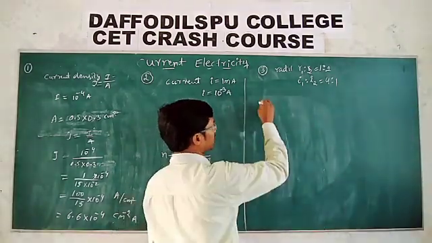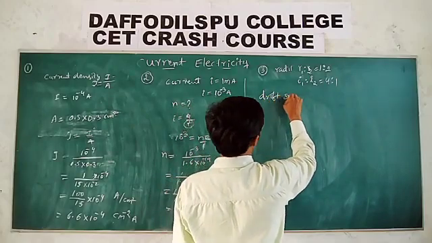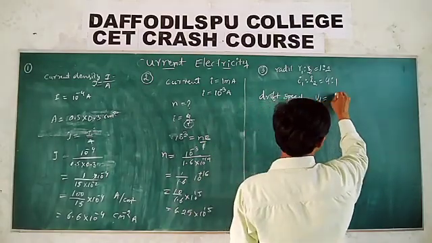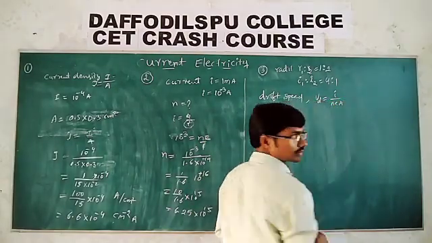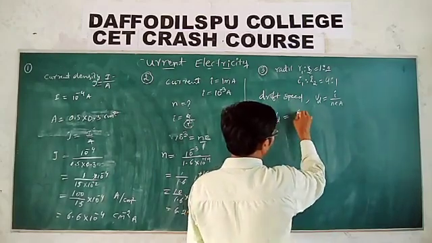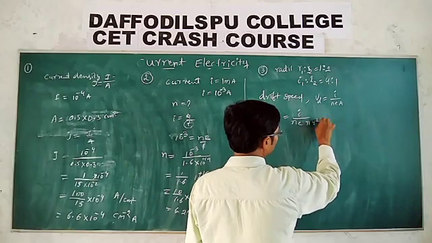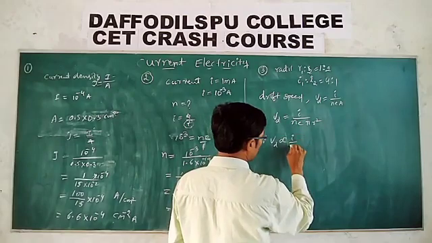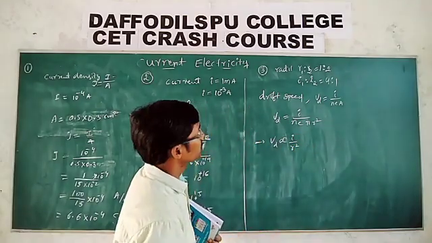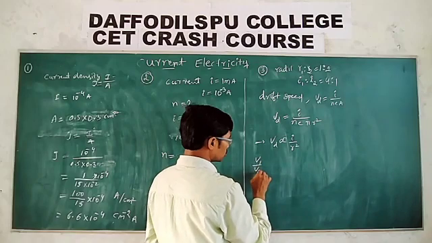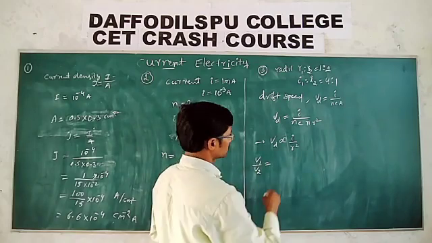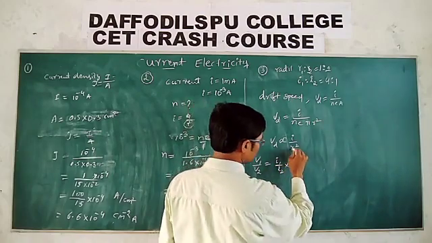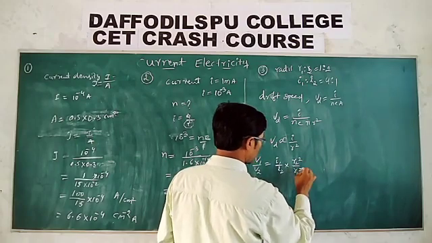What is the formula for drift speed? Drift speed in terms of current and radius. Vd is equal to I by NEA. Then Vd is equal to current by N into E into pi r square. So what can we say here? Drift speed is inversely proportional to r square and directly proportional to current. But you need to find V1 by V2, the ratio of the drift speeds of these two wires. I1 by I2 into a reciprocal, R is reciprocal, then R2 square by R1 square.